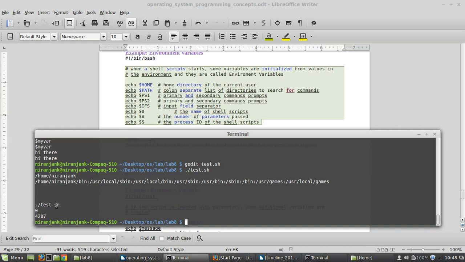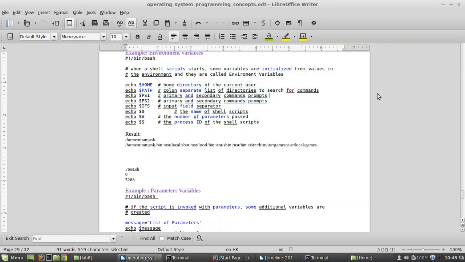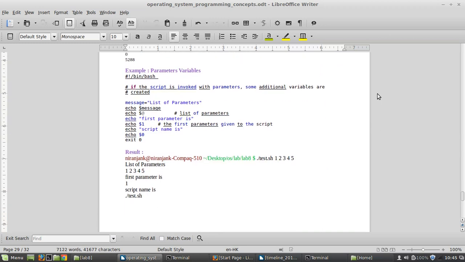And primary and secondary command prompts are 0. Okay, there is null, and whereas input field separator is also null, and the number of shell scripts is also, and the name of shell script is this one, the executable file that I used, whereas number of parameter passed are 0 and the process ID is 7207 lastly. Alright,